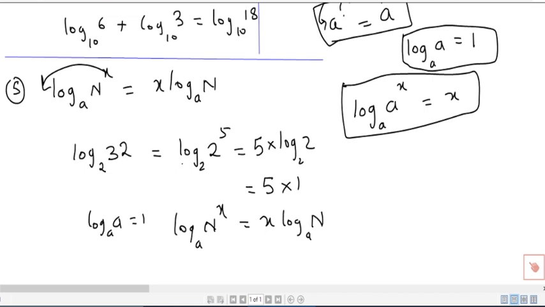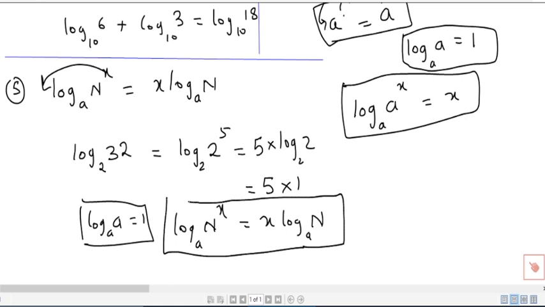If you combine these two properties, you get this property here, which says that log a of a to the power x is equal to x,